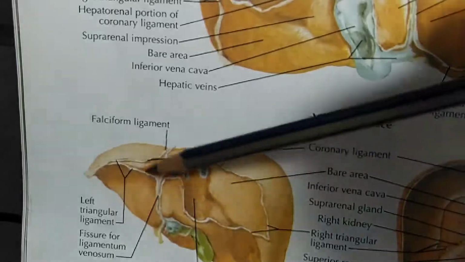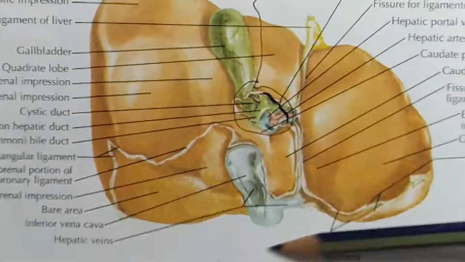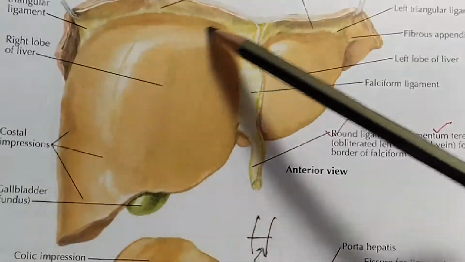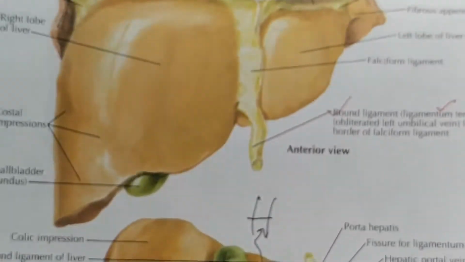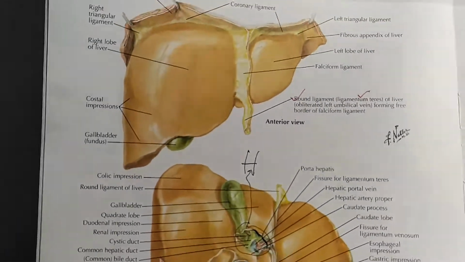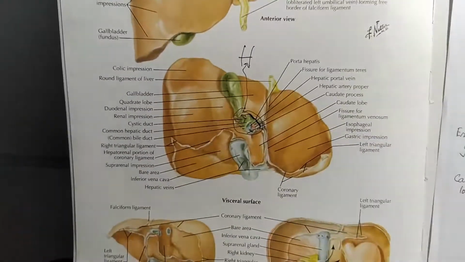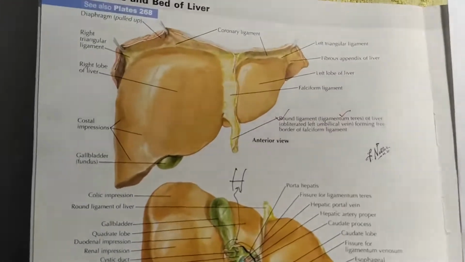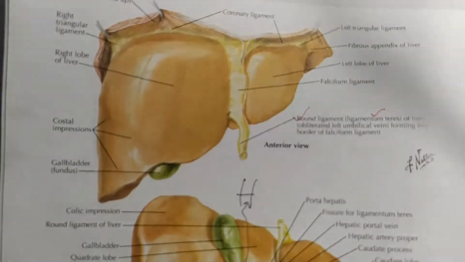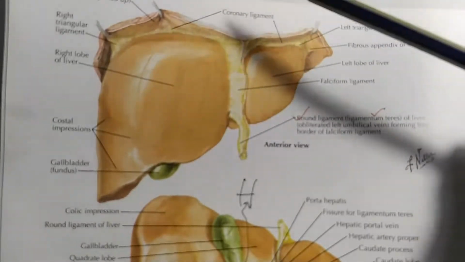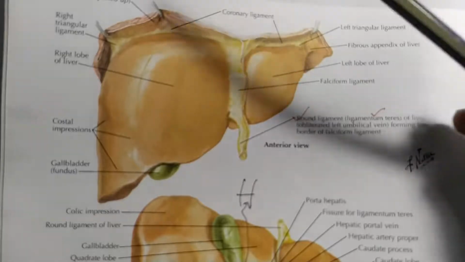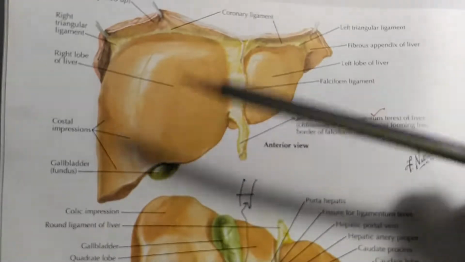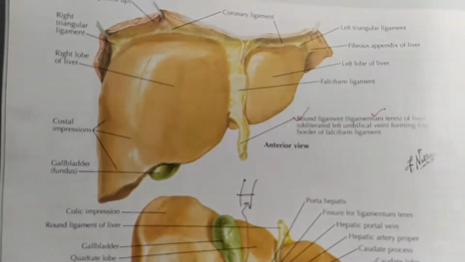This is the superior surface, this is the inferior surface, this is the anterior surface, and this is the right lateral surface. Surface demarcation is very important in surface anatomy or gross anatomy. Now, regarding the peritoneal relationship, the anterior, superior, right lateral and inferior surfaces are all peritoneal, except the posterior surface, which is non-peritoneal.